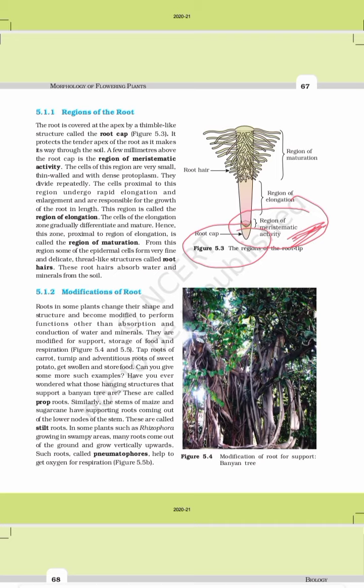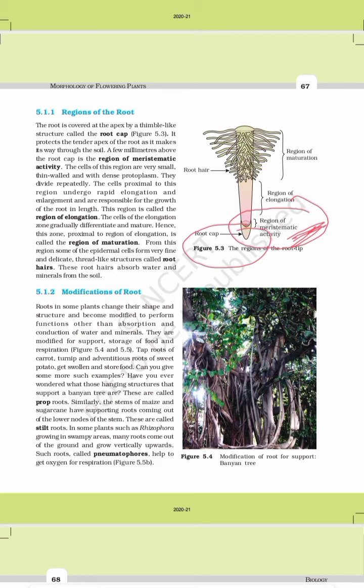Simply, here the cells are very small and the wall is very thin. It is a very logical thing that if you want to do cell division, your cell wall should be thin, and you should have a higher amount of protoplasm so that you can get much energy and they should be able to divide, right? We have studied meristematic tissue, the types of meristematic tissue, apical, lateral, in standard 9th, and this is correlating it. So it is apical meristematic tissue, right?